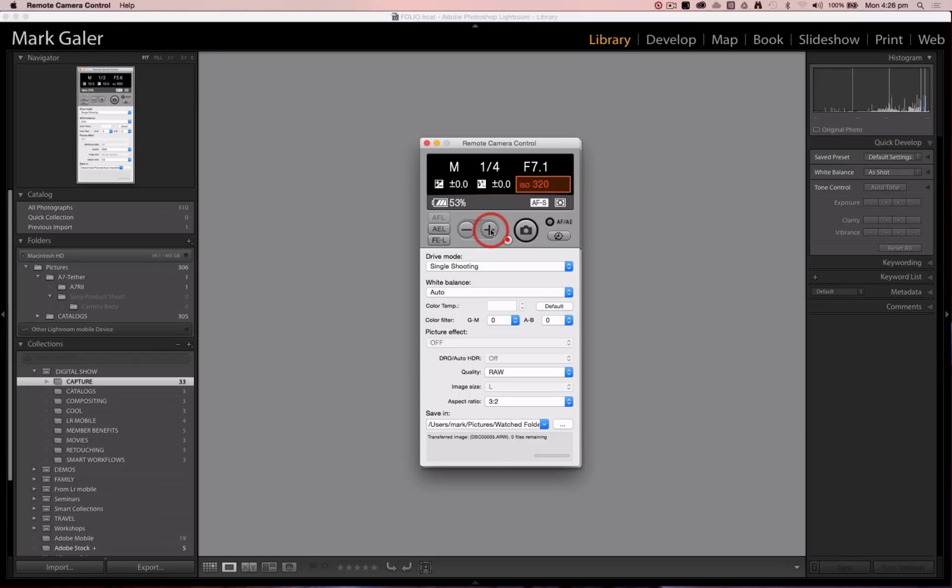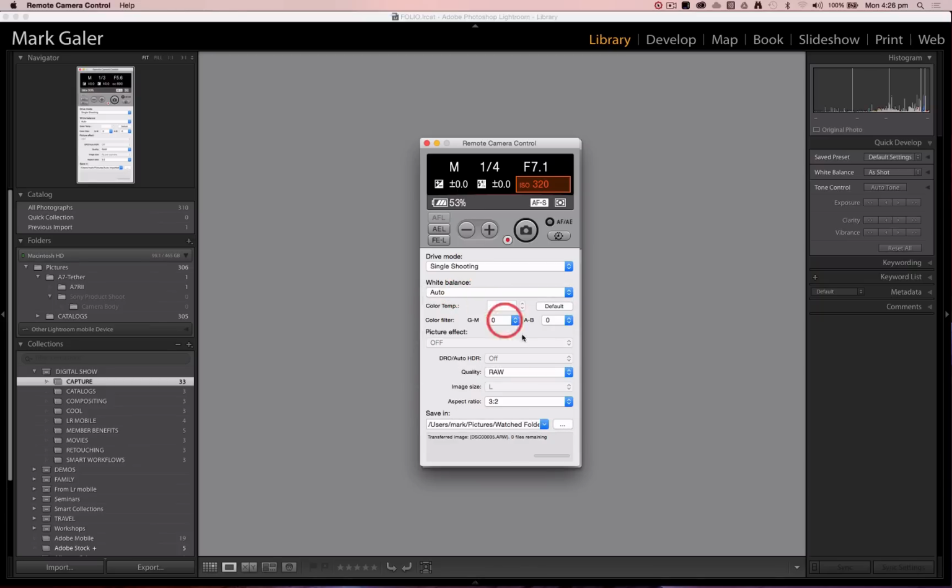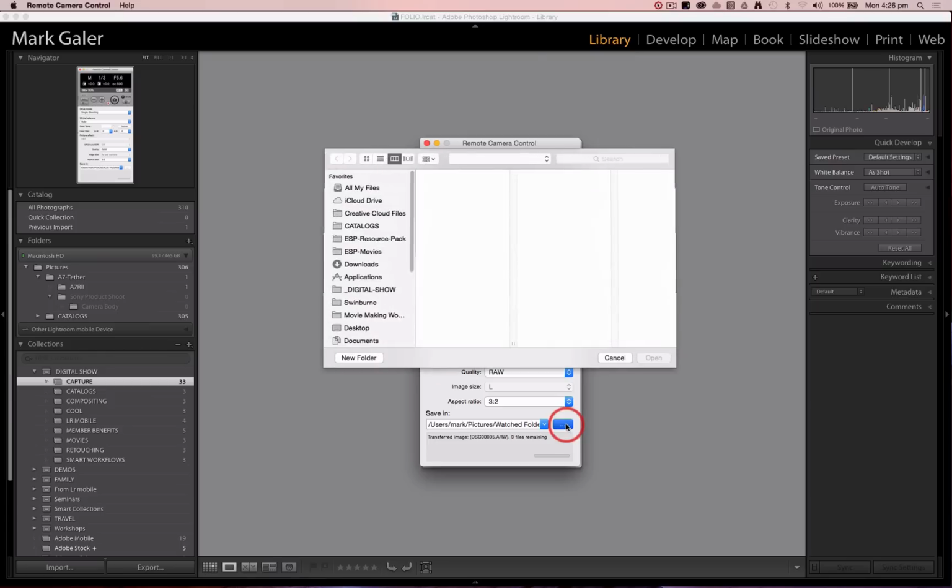So here I can change my ISO without having to walk up to the camera to do that. This is just a little bit more flexible in this user interface here, and I can move over into my single shot or continuous driving modes, self timers. I've got full access to a lot of the features here, going and selecting a custom white balance or leaving it on auto. What I do have to do, and most important here, is I have to choose a folder